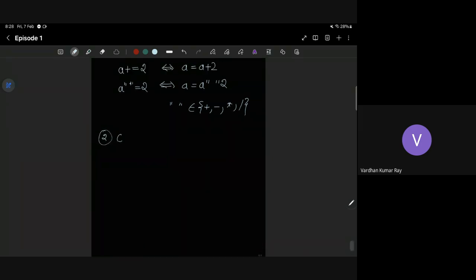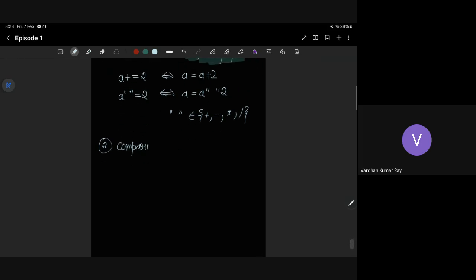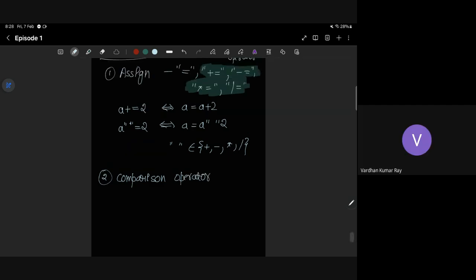Then we have comparison operators. Somebody wrote exclamation equal to, so that is a comparison operator. Roshni asked me to repeat the second example. I used some notation, which is not Python: A, some arithmetic operator, equal to 2. It's just A equal to A, applying that arithmetic operator to 2. Suppose I can put a multiplication here, a plus, a division or a minus. Anything you can put. That's all. Is it clear? Now I will do comparison operators.